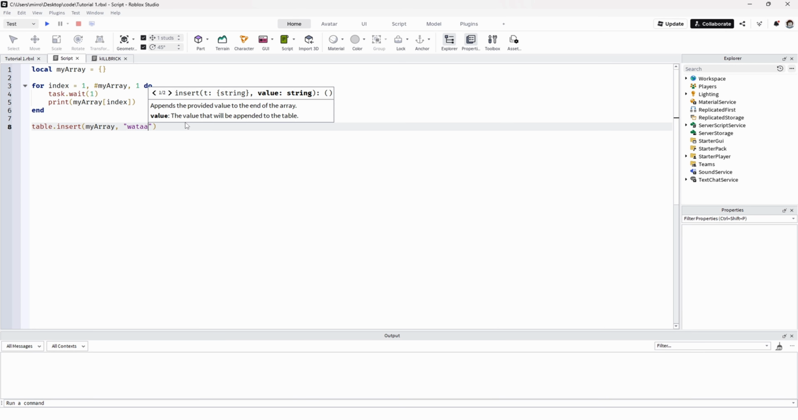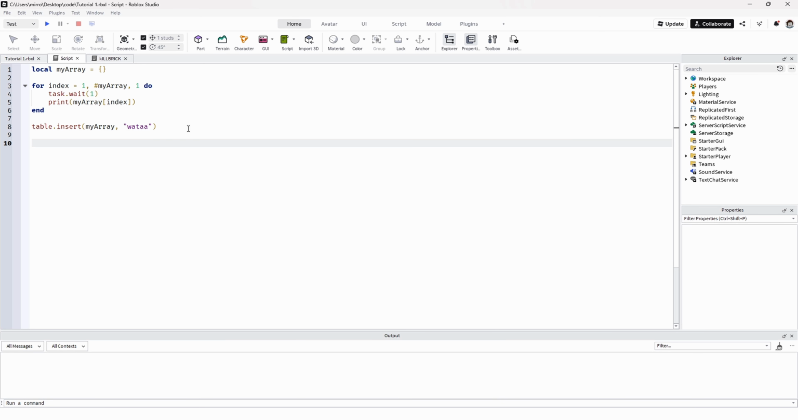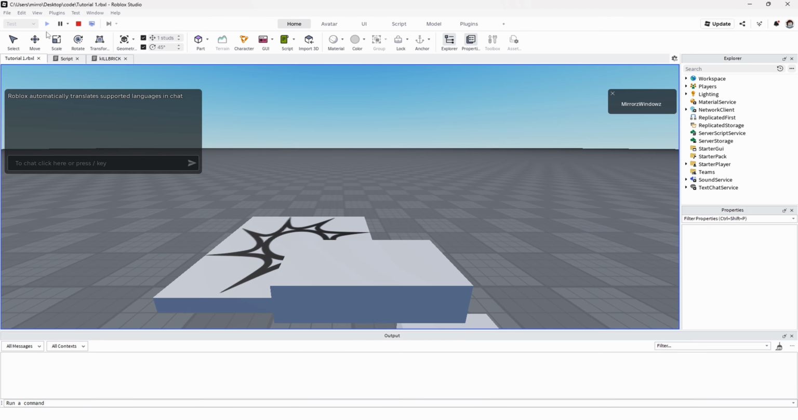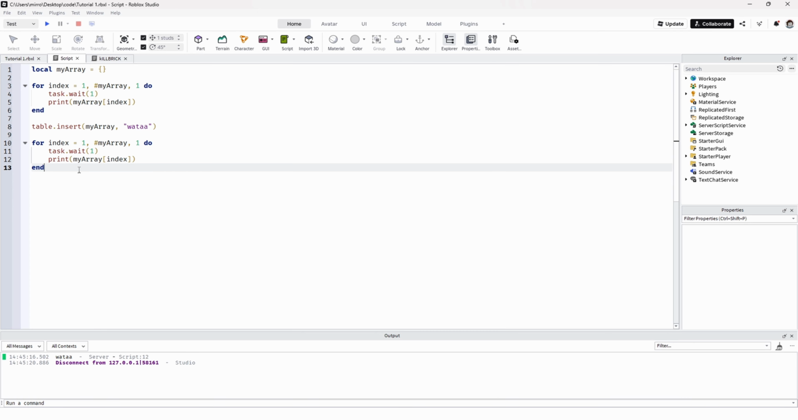Voila. And then we'll do this again. Typing this again, it's so long. See, it only printed water. But now if I were to